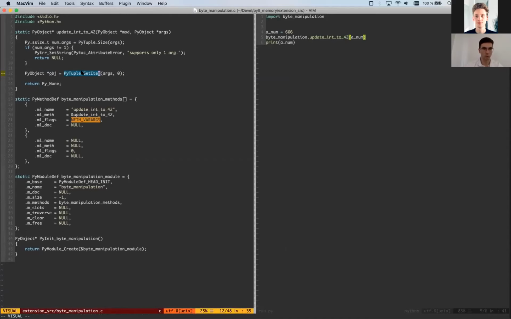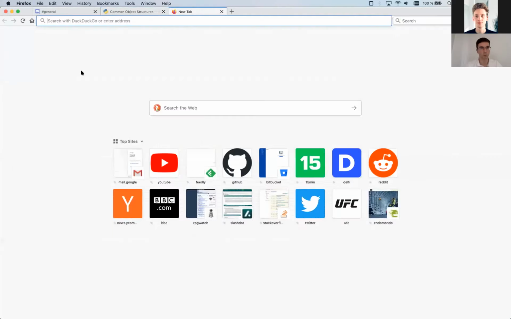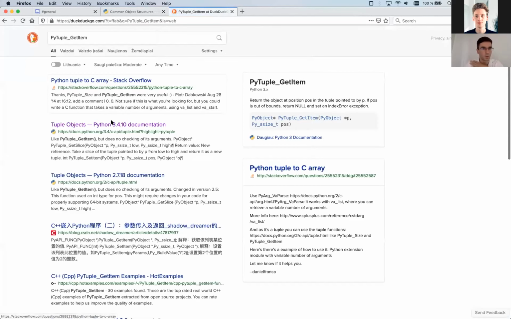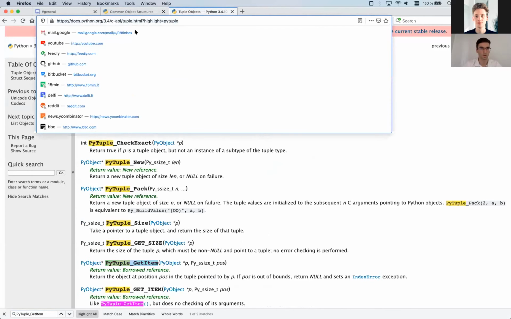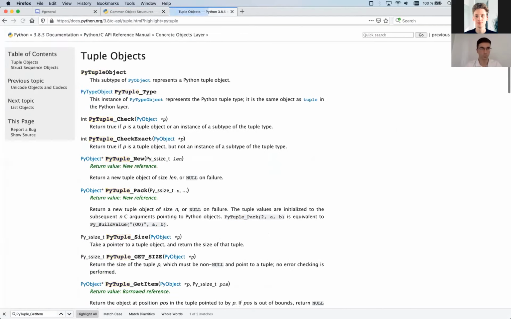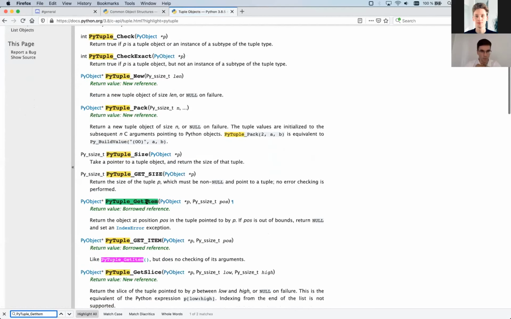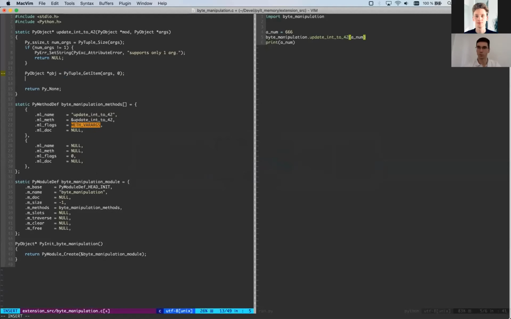Let me double check the documentation. Okay, somehow it throws me into the old one. So GetItem returns a borrowed reference, which means that I got the object and now I'm responsible for that object. So I should increase the ref counter myself and decrease it when I don't need that object.